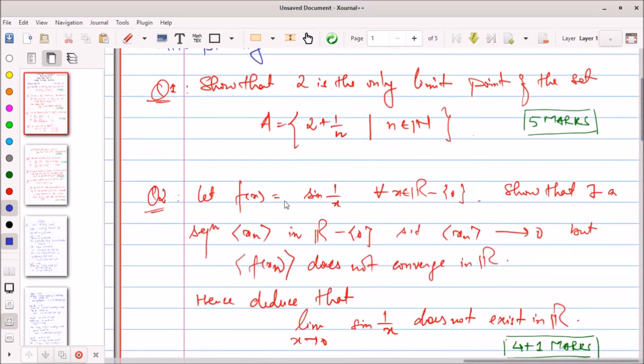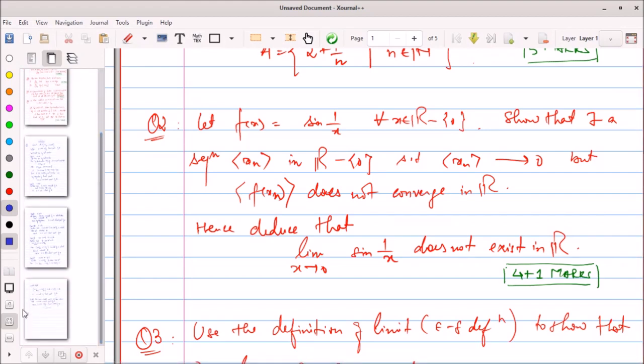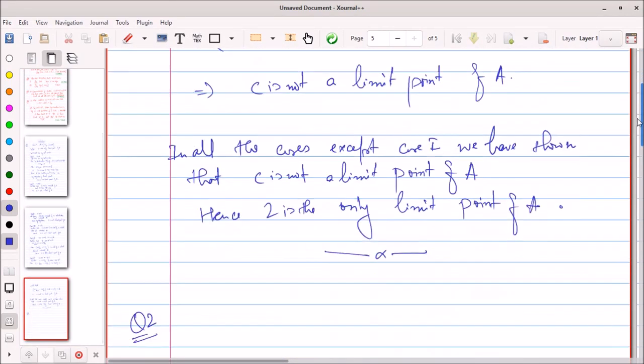So question number 2 is: we have been given that f(x) is equal to sin(1/x), and we have to show the existence of a sequence x_n in R minus {0} such that x_n tends to 0 but f(x_n) does not converge in R. So what we will do in this case,